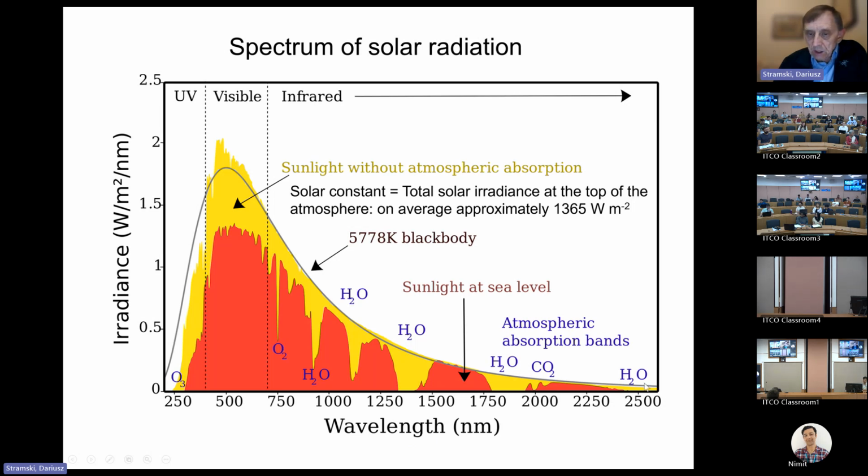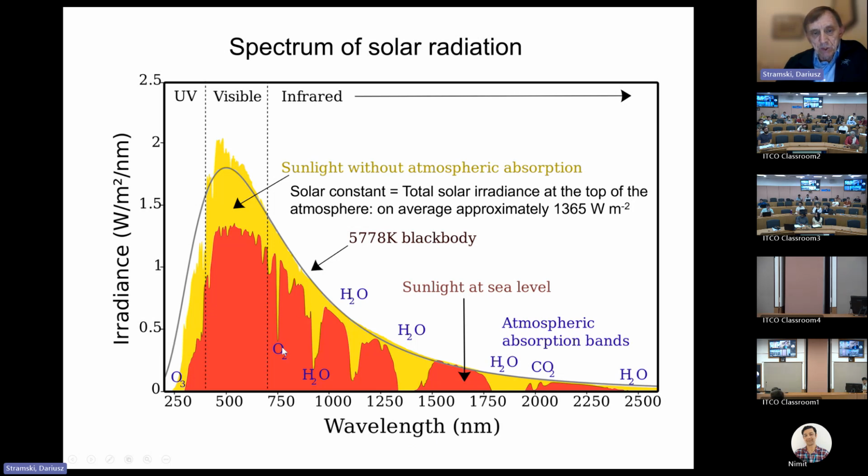So you can see it is pretty close to what is being measured at the top of the Earth's atmosphere, with some differences here. You can see that in fact the actual solar spectrum shows some features. We'll talk a little bit about this in a moment. And the red portion of this graph illustrates the radiation that reaches sea level. So you can see the difference between the yellow and the red is the effect of the atmosphere, and you can see some